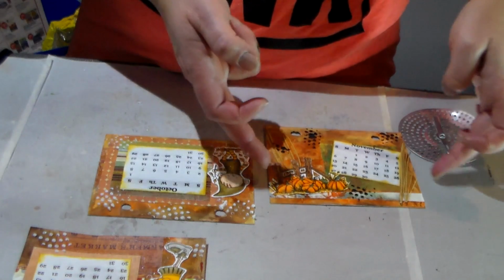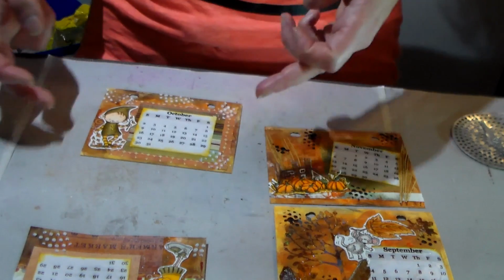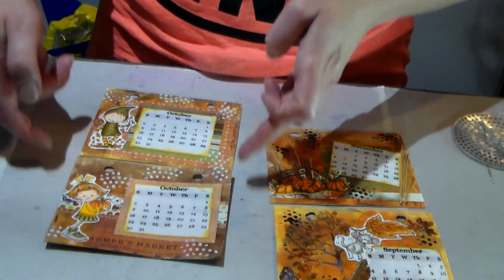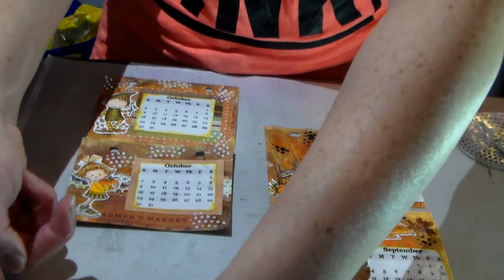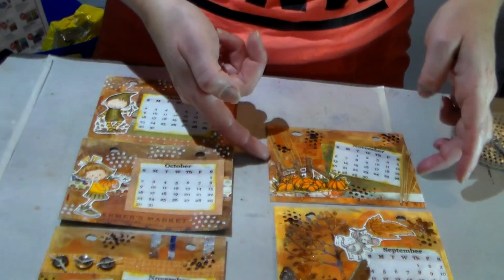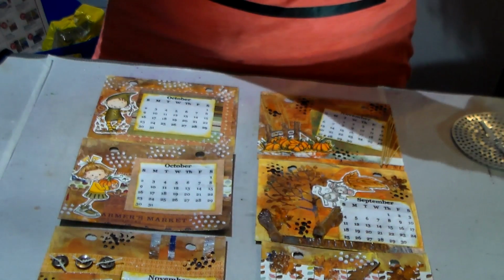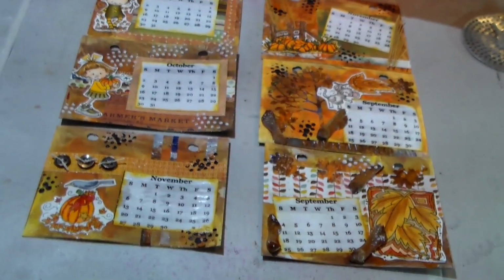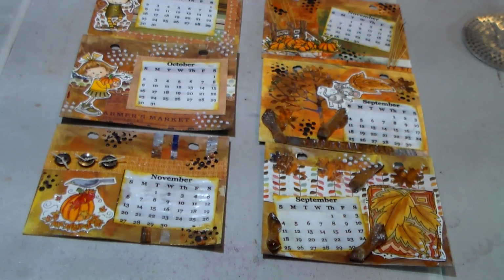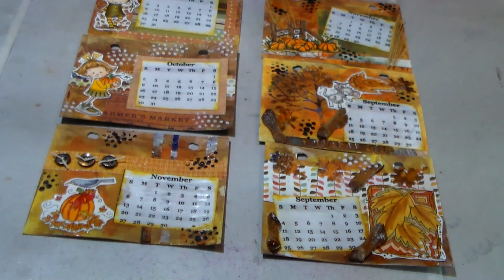Whoops. So this is what it's looking like so far. I think I might just leave them like that and wait for them to dry and see if I think they need anything else. But I'm liking how they turned out. So hope you like this too,